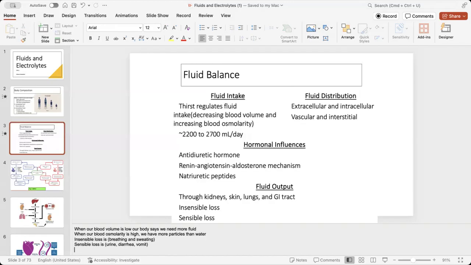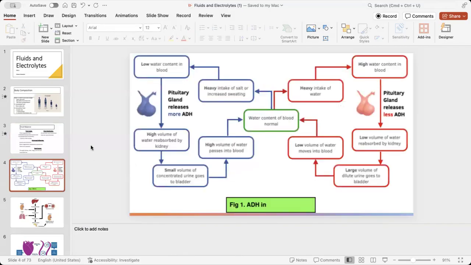All right. Hormones. Hormones are a big part of this too that I want to talk about. Okay, so we are going to talk about antidiuretic hormone, the renin-angiotensin-aldosterone mechanism or system, and natriuretic peptides. Okay, those are things that I want you to understand too as we're going through. We're going to talk about this again when we get into endocrine, when we talk about cardiac. These same type of hormones are going to be involved.